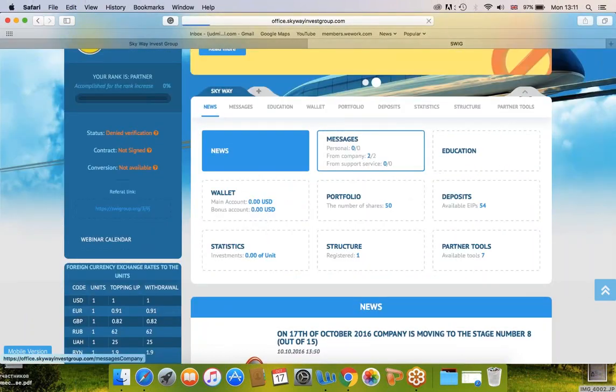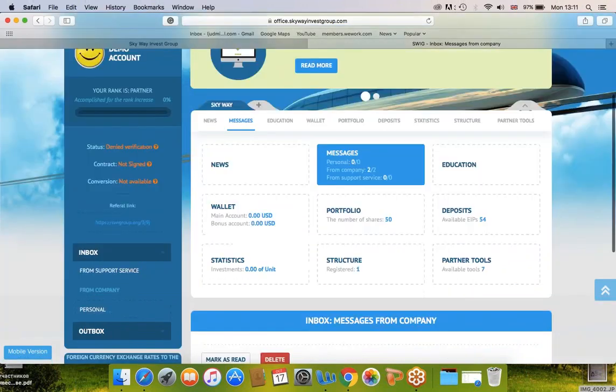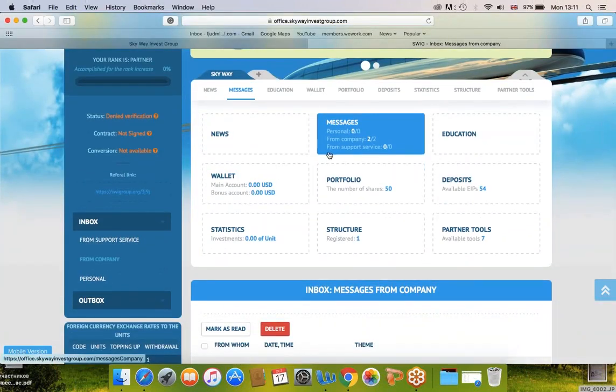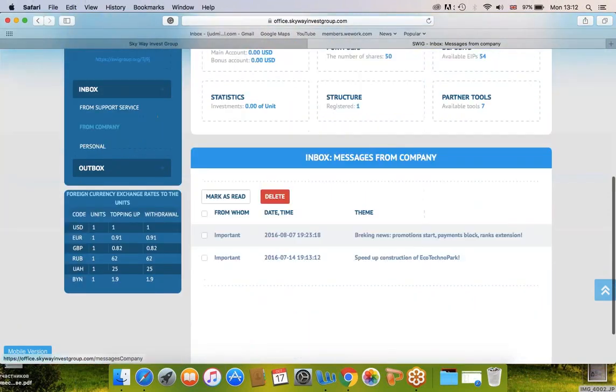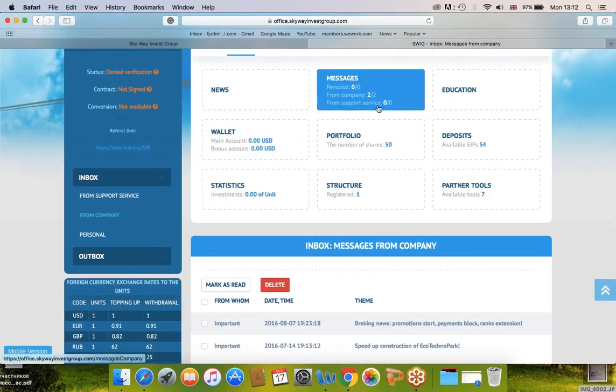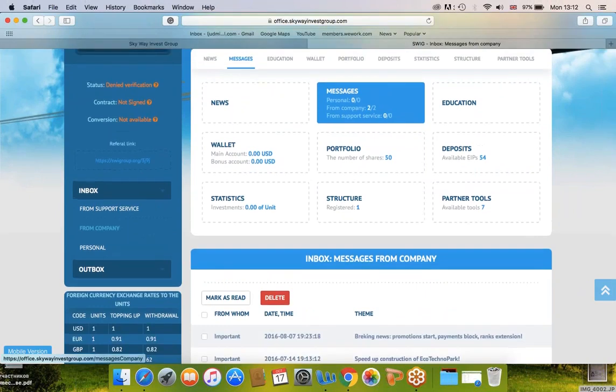Then you have messages. Messages are divided into personal, from company, and from support service. So the personal, this could be any message related to you personally. Maybe if you haven't done the verification, or you haven't successfully attached the documents, then you receive a personal message about it. From the company, usually different updates, promotions, and from support service, if you raise a ticket with online support,